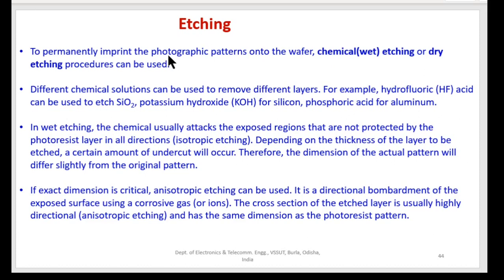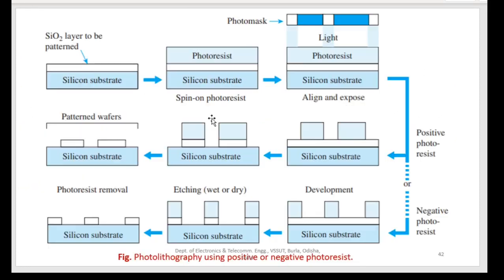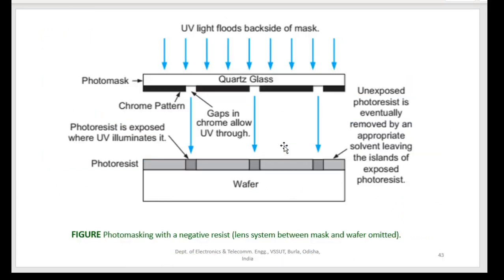Etching. Etching is required when, for example here, we wanted to remove this area, and this area, which became soft, right? So how do we remove these areas? These areas are removed from the top with the help of a process known as etching. So etching means to remove some part, right? So this is why it is called the etching process.